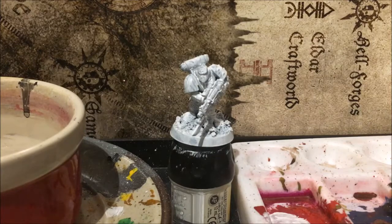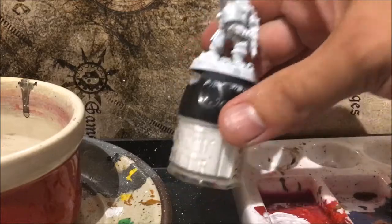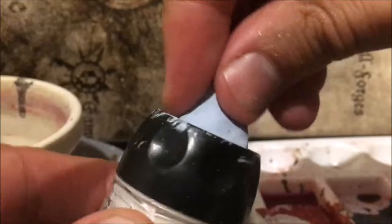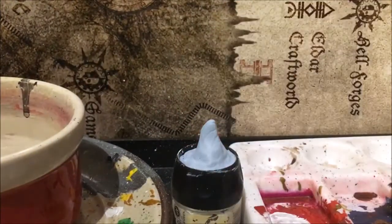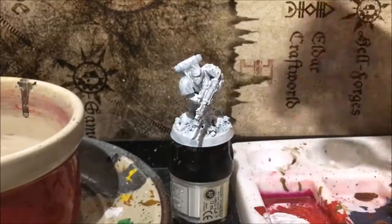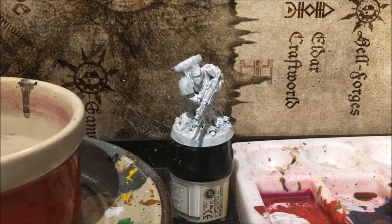And I forgot to put the model onto its painting base. So essentially, a lot of painters do this: get a large amount of plasticine or sticky thing, put that onto an old paint pot that you haven't used, and just attach the model that you're painting, especially if you're doing individual ones. That gives you a little elevated space to paint your miniature, and you won't get finger marks and fingerprints all over the bits and pieces as well. So what I'm going to do now is just add another layer of white paint